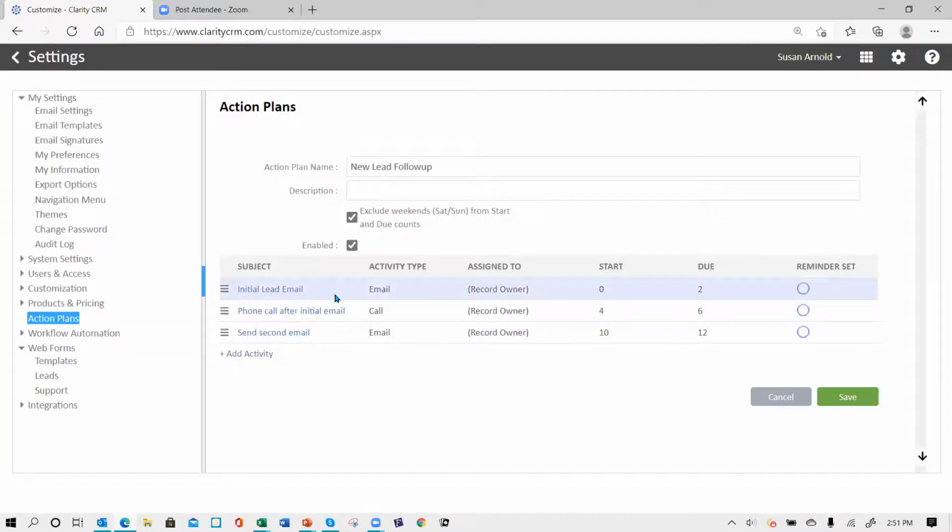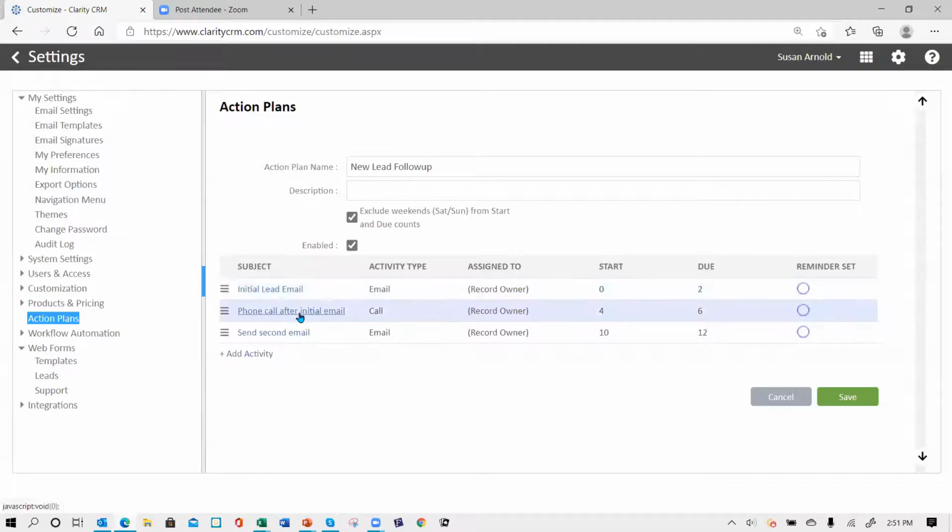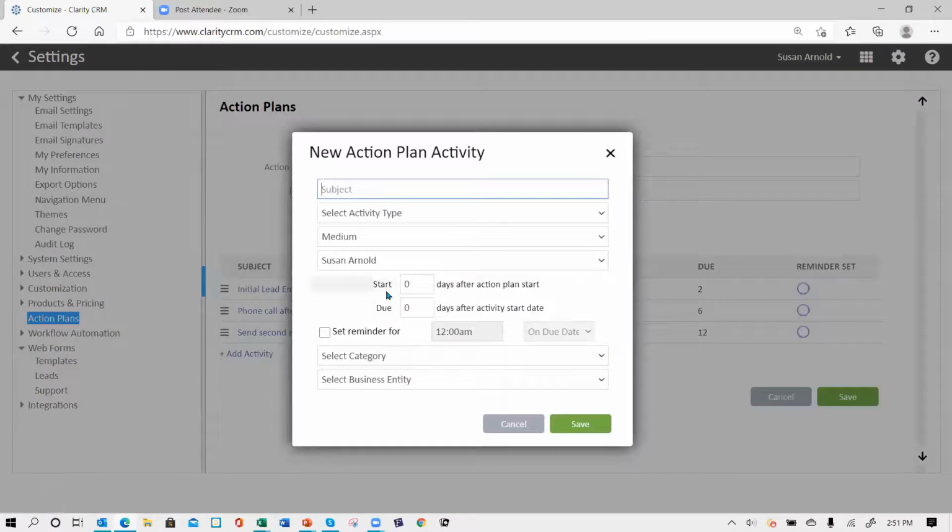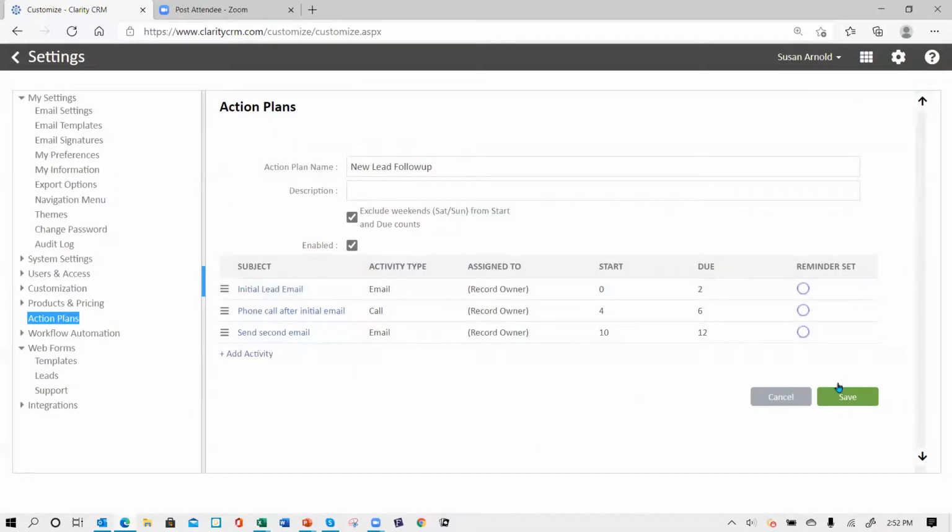So first we want to send an introductory email, which we'll create a template for. Then we want to follow up that with a phone call with start within 4 days, complete within 6. Then we want to send a second email. And then you might want to add another activity. So you continue to add activities that you want in this action plan that kind of keep your team moving forward with contacting the person, okay? You save your plan,